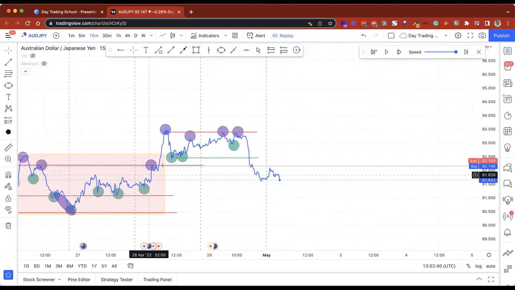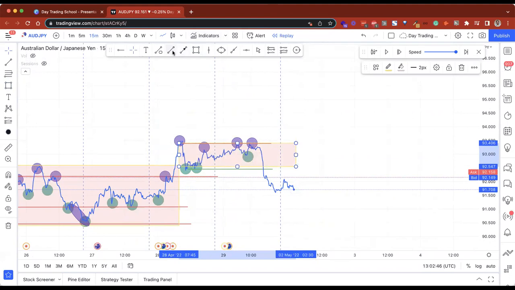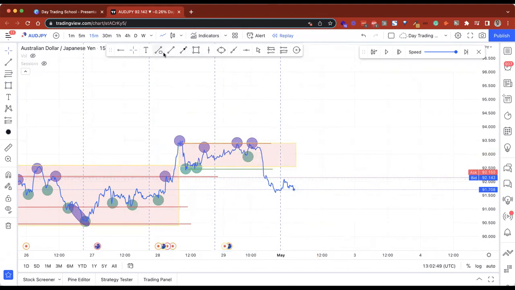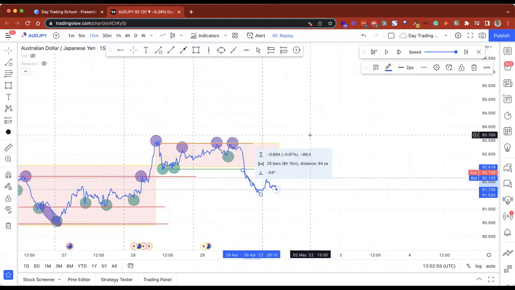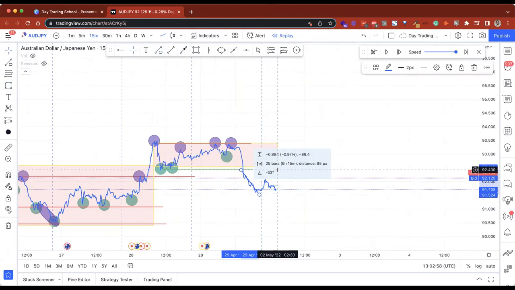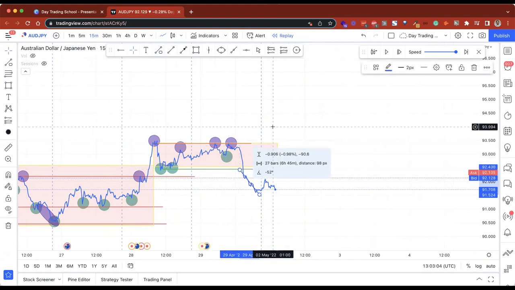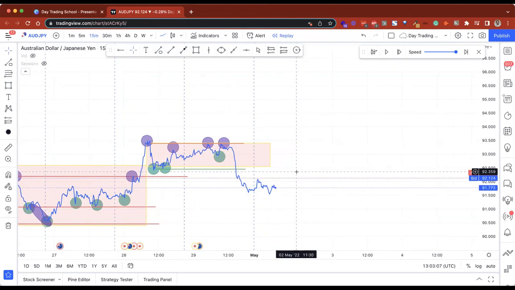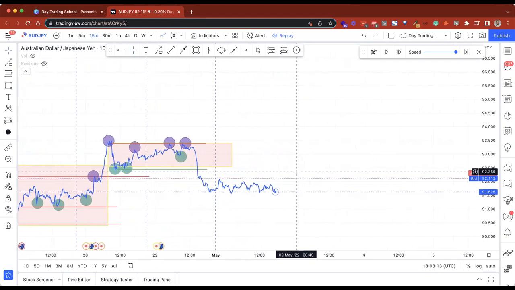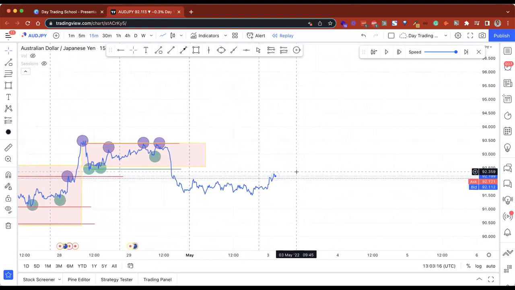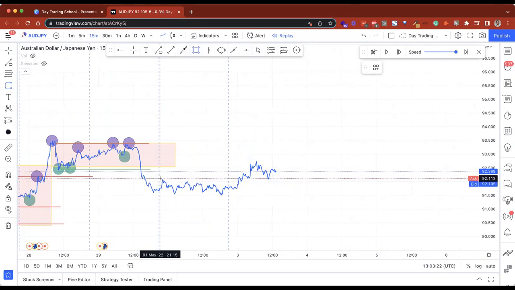Consolidating. Yep. So it broke out of this little weak house. This is a weak house right here. And then it broke out, and let's see how many pips it made. 89 pips. Nice. What about from there? If you would have started up here? Yes. 190. 101. 90. Let's see what it did. I want to see where it would have ended. Would it continue down or continue up? It's consolidating heavy. That whole day was consolidation, and then it worked its way. So this would have been a new trap. So eventually you're not even gonna have to draw